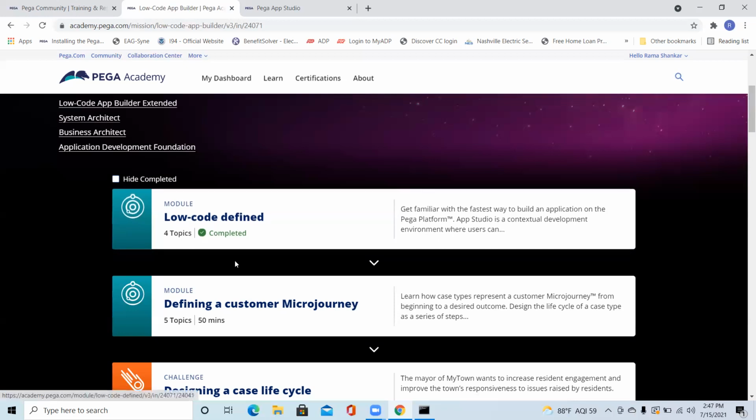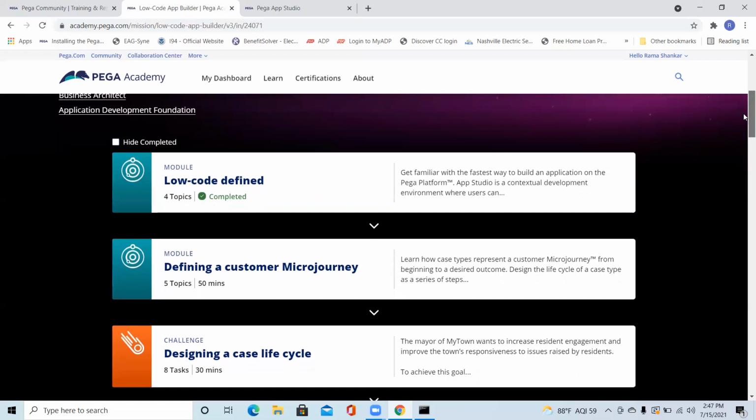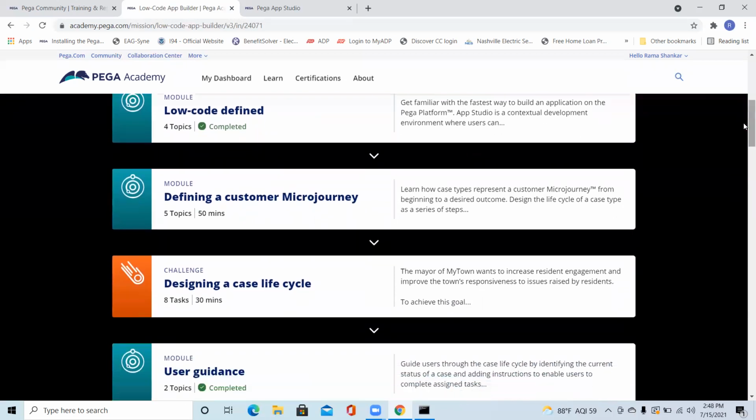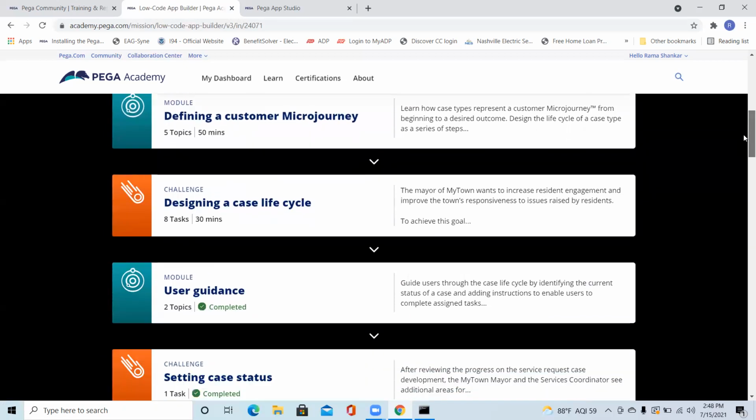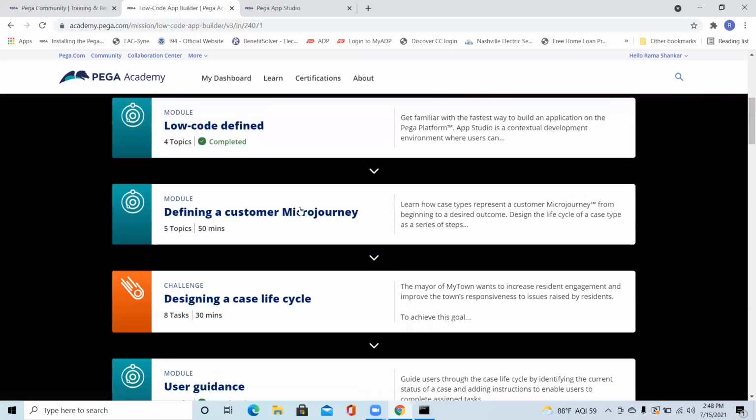I think you have gone through these 2 chapters at least, modules, right? Do you have anything which you didn't understand? Honestly, I didn't go through anything. I have gone through low code define. That's it. Okay, sure. Then I will say go with this. I will explain here, but go with the exact articles also.